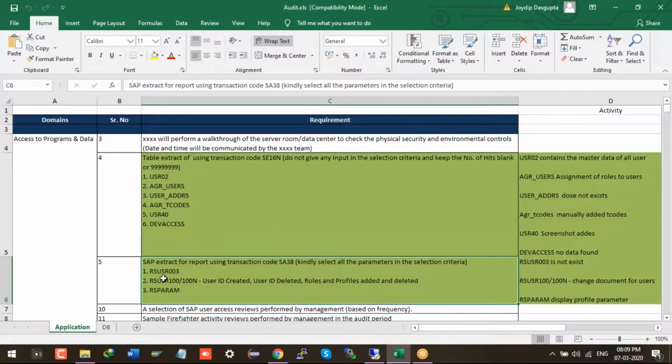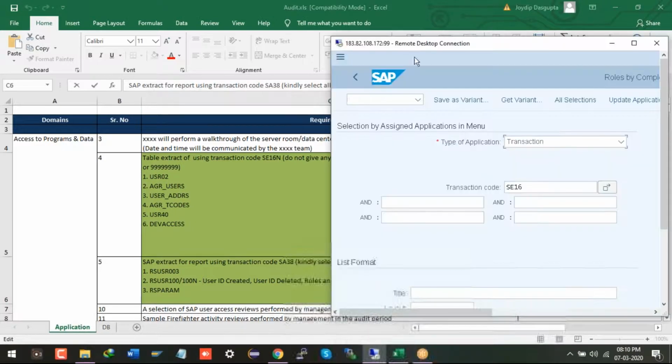For the fifth option, this report is not available in my system. You can take RSUSR003 and you can take it. What is the report? Check it. It's RSUSR00.